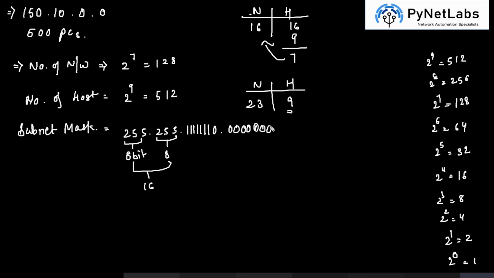Now if you check the on bits, which represent the network part, are 23: 8 for the first octet, then again 8 for the second octet, then 7 in this octet. And when we look at the host part, then we have 9 bits as off. So we will just quickly calculate the value for these 7 bits. We'll start putting 1 from 2 raised to the power 7, which is our master formula for calculating the value of bits.